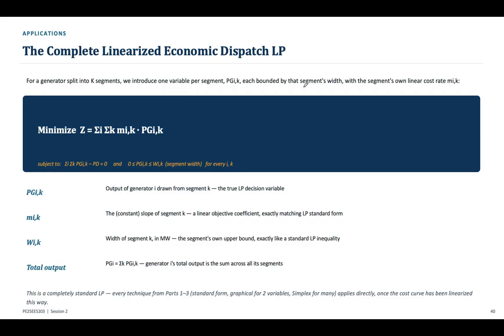Now let us formulate the complete linearized economic dispatch problem. Suppose generator i is divided into K cost segments, which introduces a decision variable for the amount of generation assigned to segment k of generator i. Each segment has a constant slope m_ik. That slope represents the cost per megawatt hour associated with that segment. The objective becomes: minimize Z equals the sum over i,